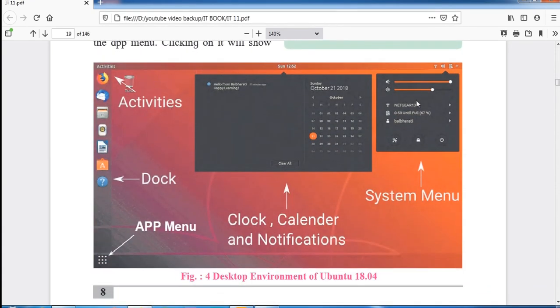See, whatever you see on the screen is the desktop environment of Ubuntu 18.04. This is the operating system, and this is an open source operating system, you may say, and you can see the graphics on your screen, and here are the activities.